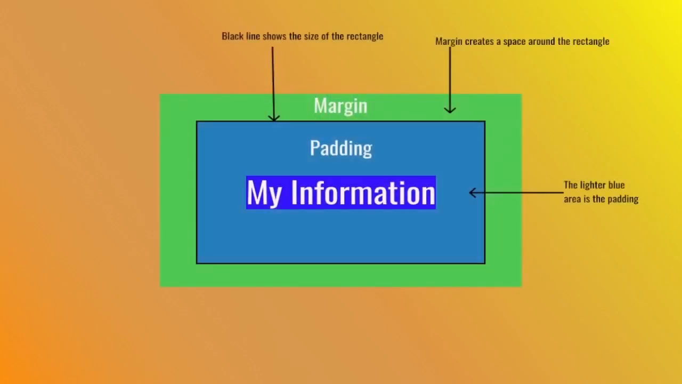Let's talk about margin and padding. In the diagram, I have a rectangle represented by a black line. The green area is outside the rectangle. On the web page, the margin creates a bit of a space between the rectangle and other things on the web page. The padding occurs inside the rectangle and it lets you position your information. In this case, I want to put the text, my information, in the center of the rectangle. Going back to our code,